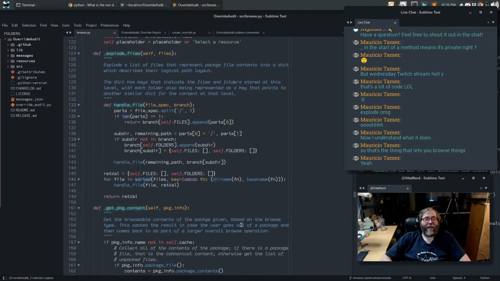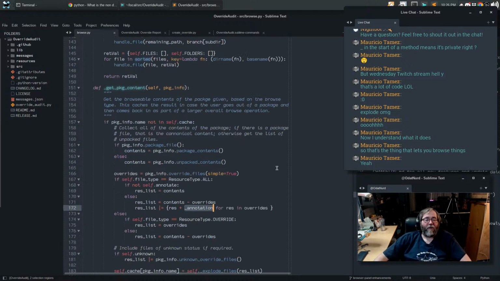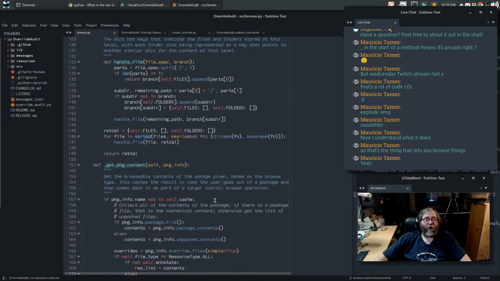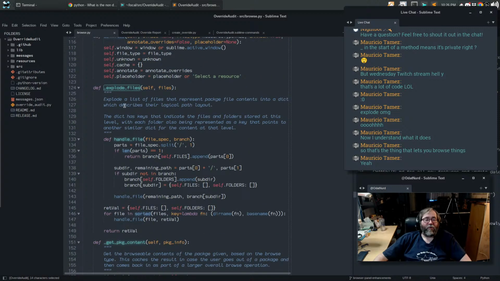Know how magic this is? It's recursive. I'm very pleased with how small and tight this is, but I'm less pleased with how it actually works. Because when we tell it specifically to explode the files from this list of resources that we just grabbed, it calls this function